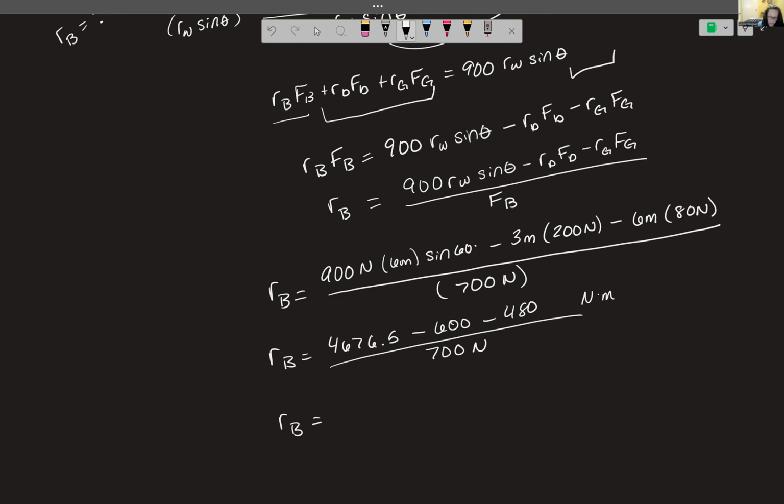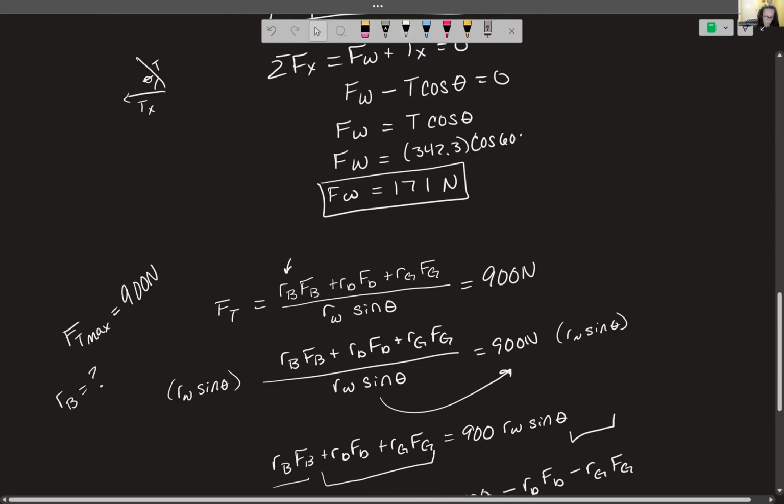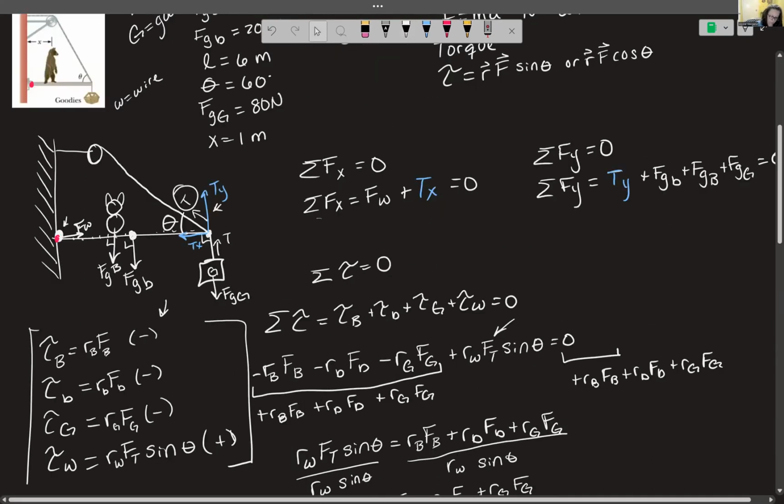It's not. Great job. So the furthest this bear can go out is 5.14 meters. After that, the wire is going to break. And that is